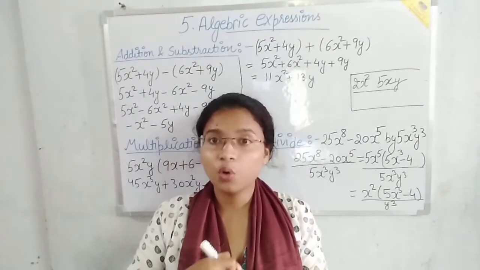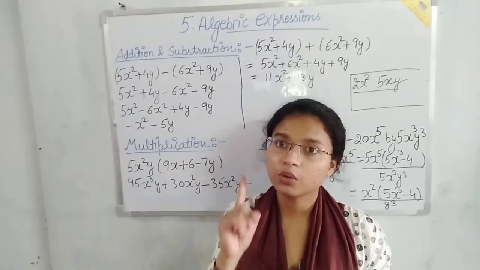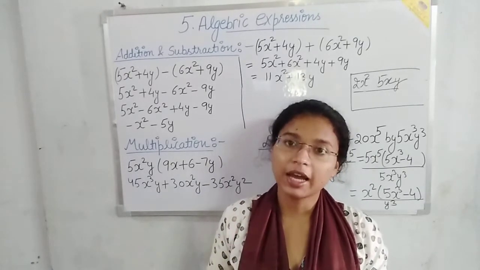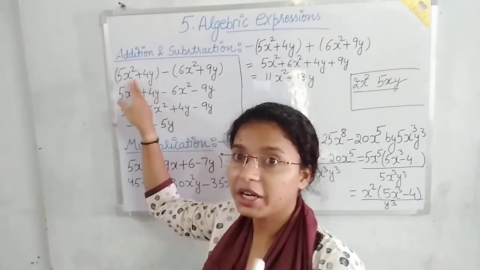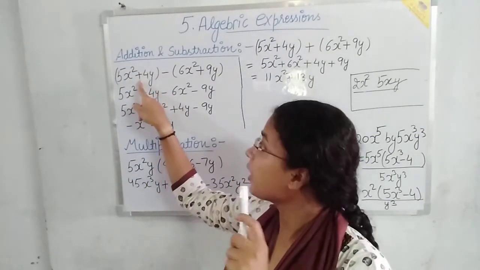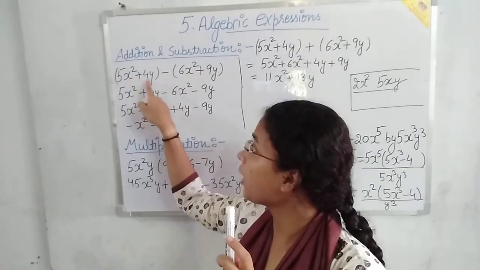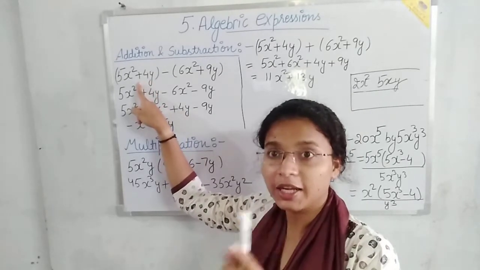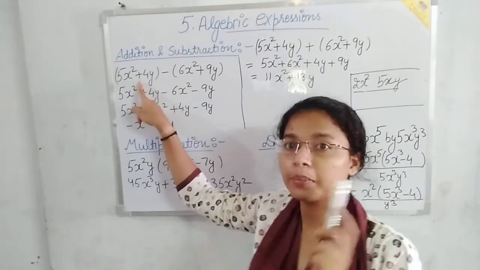Now what is the monomial, binomial and trinomial? Monomial means having one term only, binomial means having two terms, and trinomial means having three terms. Suppose this is the expression, how many terms are given? Here it is a plus sign, and how many digits are separated by this plus sign? 1 and 2. 2 digits are separated by this plus sign, so we can say 2 terms are there. 2 terms means this is a binomial.